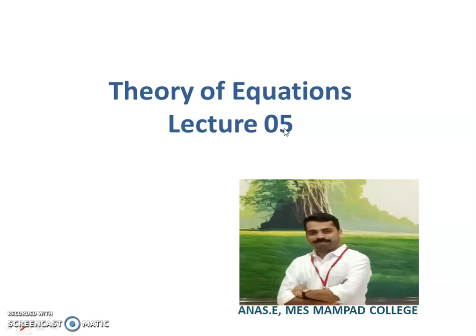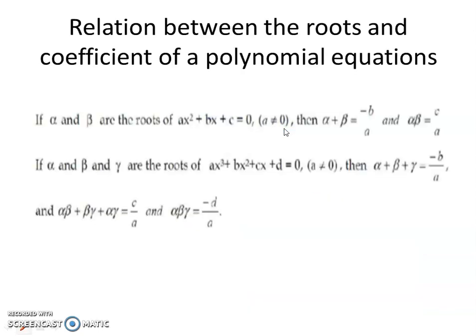In this video, I will explain the relationship between the roots and the coefficients of a polynomial equation. Consider a second degree polynomial equation ax square plus bx plus c is equal to 0. Then if alpha and beta are the roots of this second degree polynomial equation, then the roots alpha and beta